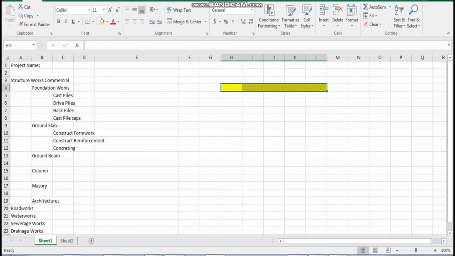You don't put your sewage pipe first before you put your water pipe. You don't put your water pipe first before you put your sewage pipe. Sewage pipe will be deeper, especially if it's in the same area, it will be deeper. So you need to do your sewage work first, and then your water works, and then your telecom cable. These are common. You need to do your drainage work before you do your water works. So this sequence is something that you need to think about, you see.